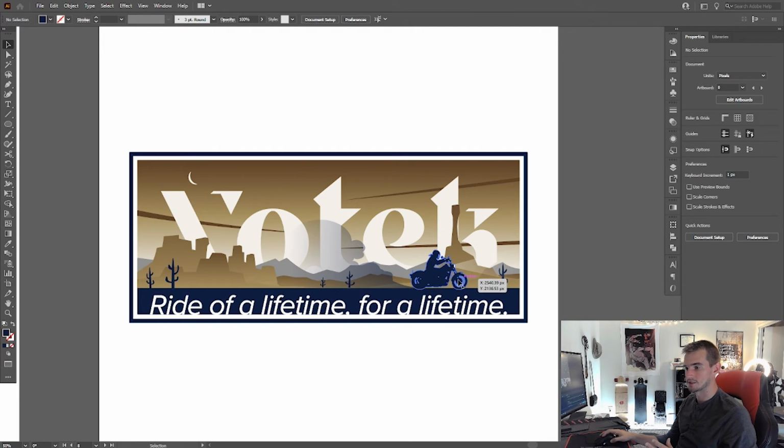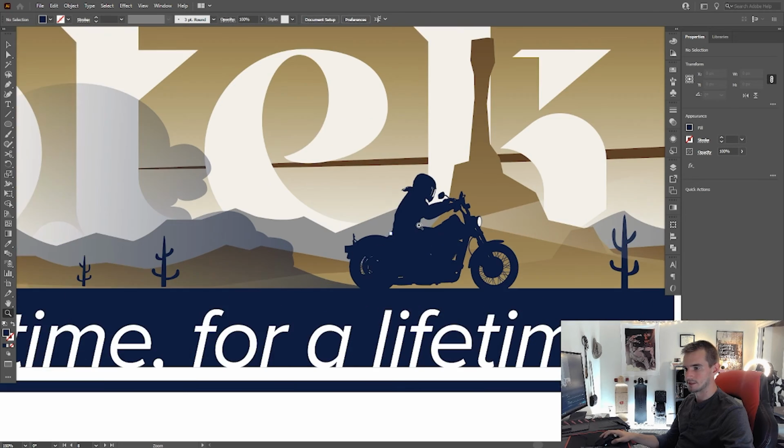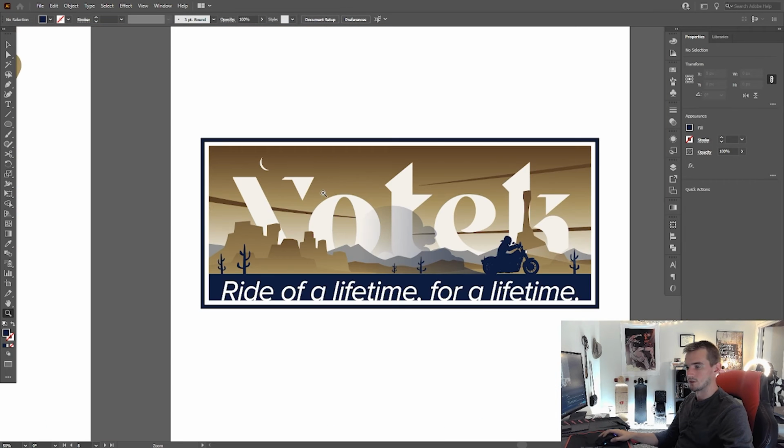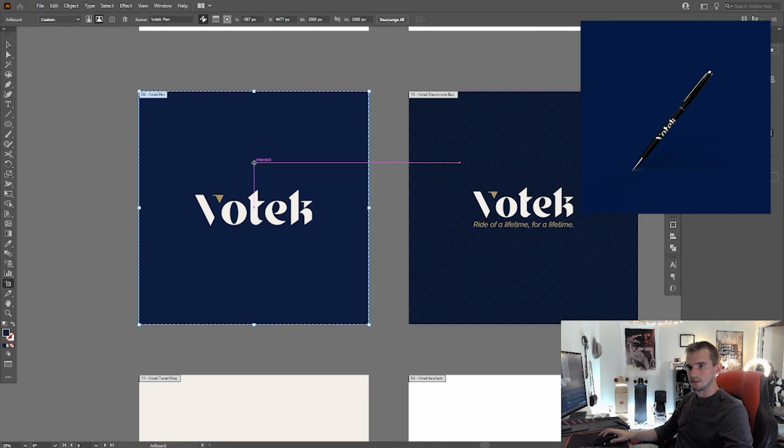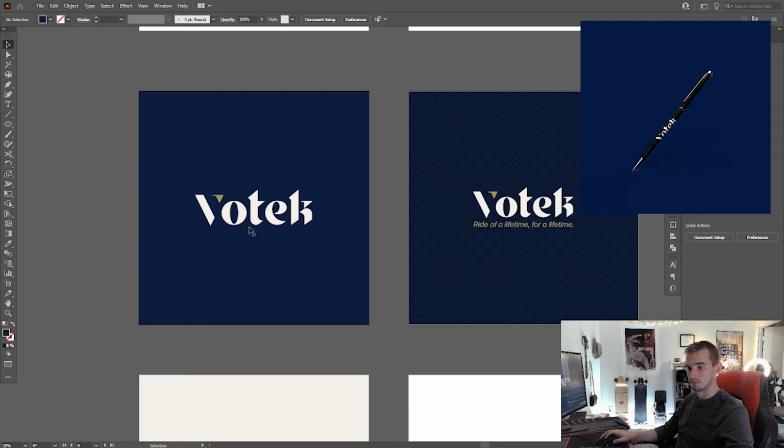I replaced the bike. I put some dust in here. Even on the bike, I replaced this with our helmet. I then put our logo in the background and adjusted the color palette to be reflective of our color palette, and then brought that all together as a sticker. Now lastly, the next 3 are pretty straightforward. This was our pen right here, so I just indicated right here that I'm going to want a dark blue